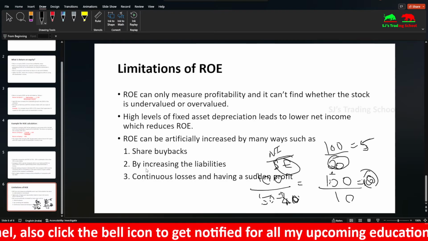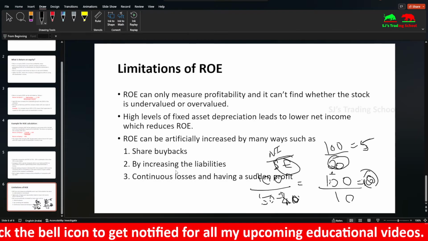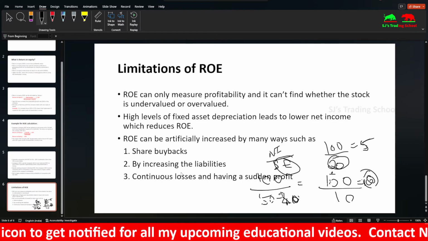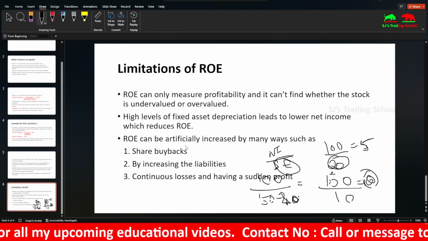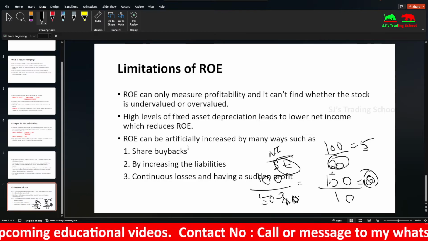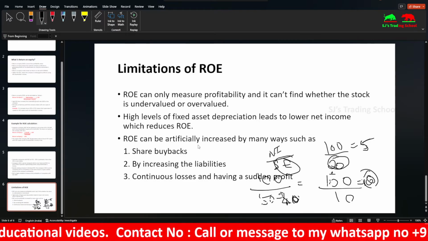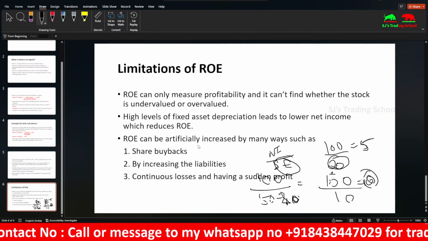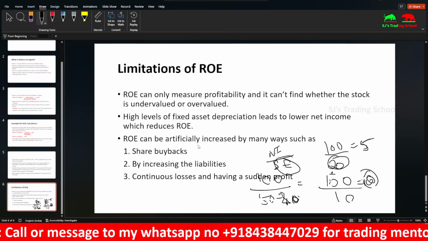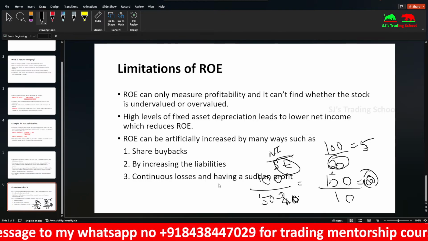And the third is if the company makes continuous losses. For example, for around 4 quarters, that is one fiscal year, the company is continuously making losses. And in the beginning quarter of the next fiscal year, the company makes a sudden profit. So there is a huge spike in the ROE. It doesn't mean that the company is generating significant profits. No, definitely not. So just because the company had